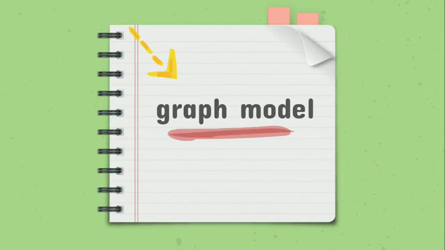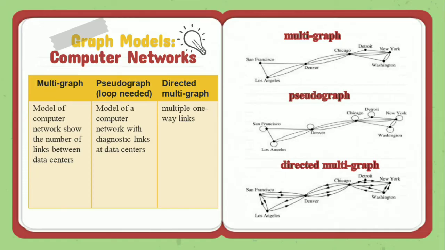Okay, now we move to the graph models. First, graph models in computer networks. I think I have explained before about the criteria of multigraph, pseudograph, and directed multigraph. But in this section, I will explain the function of the graph model in computer networks. So first,